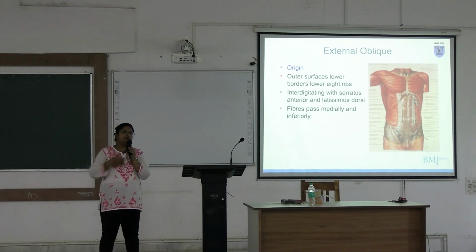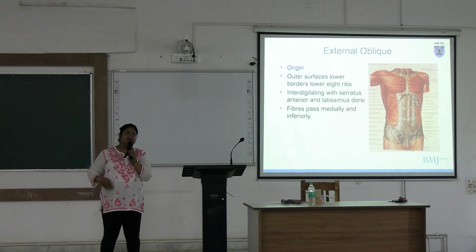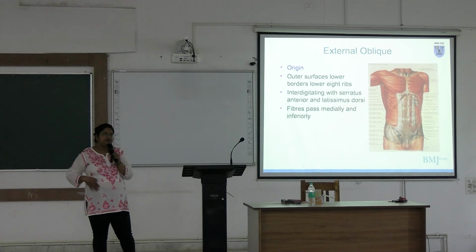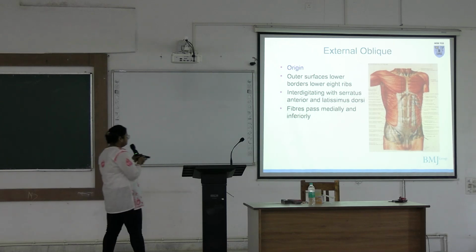Okay, downward, forward, and medially. This is the fiber direction of external oblique. During dissection, you have to identify the muscle from the fiber direction. Okay, and it will be outermost, downward, forward, and medially. This is the fiber direction of external oblique,